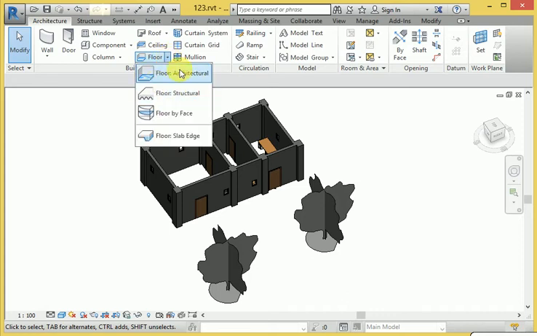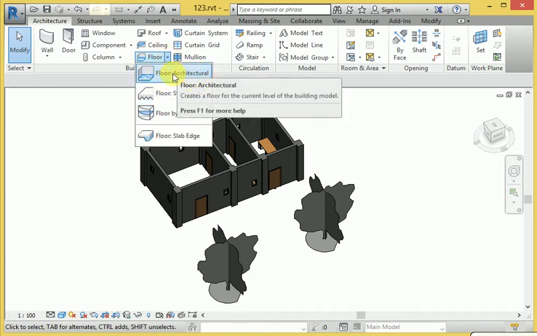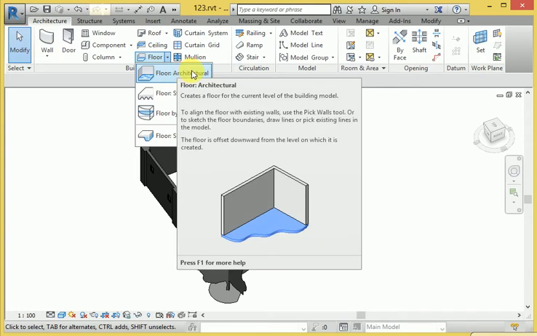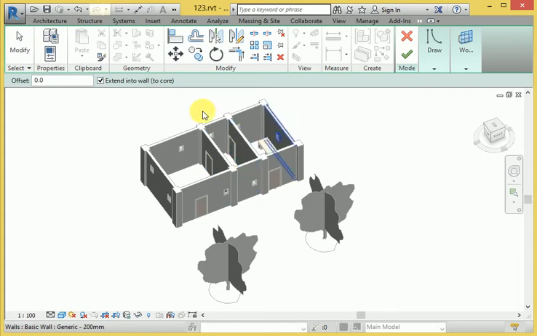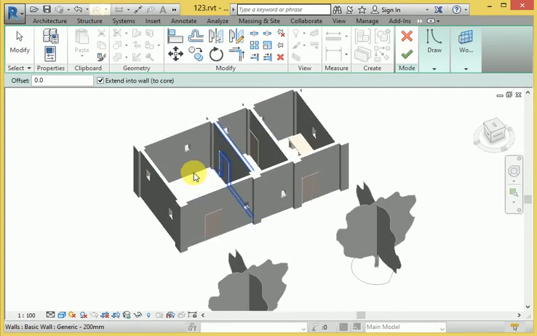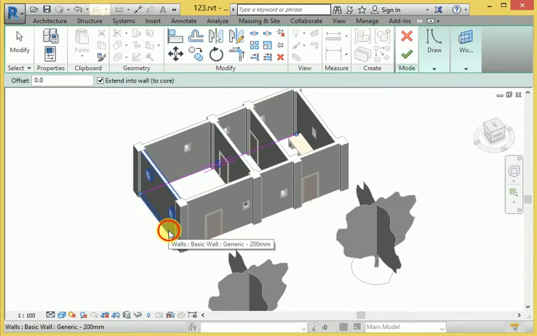So first of all, when you enter from here, this one is the architectural floor. When you apply the architectural floor, change the background color here, then select this particular wall, and also select this wall, and again select this wall, and also choose this wall.